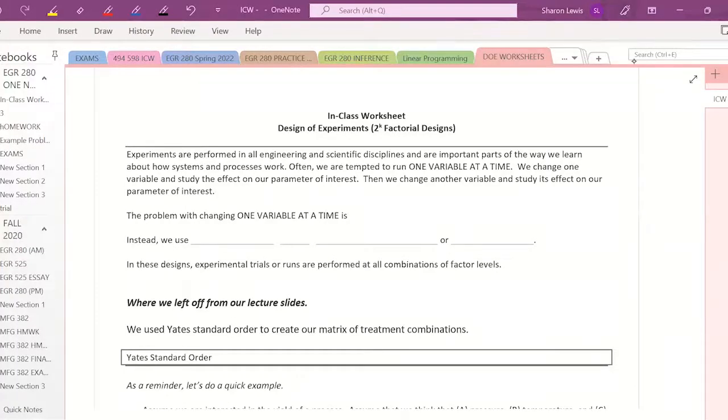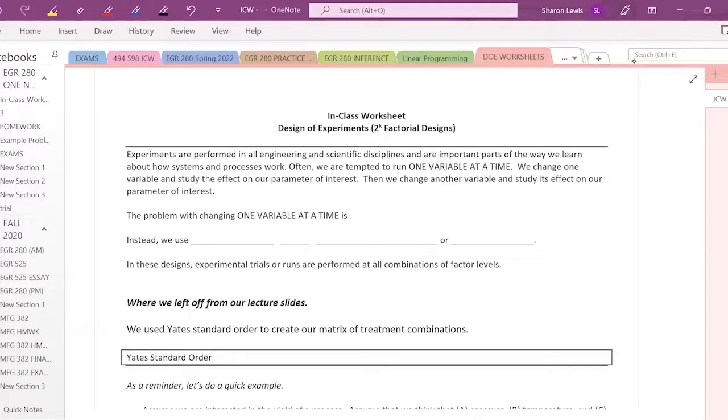Class, I wanted to make a video going through the basics of DOE. So let's take a look at the worksheet. Experiments are performed in all engineering and scientific disciplines and are important parts of the way we learn about how